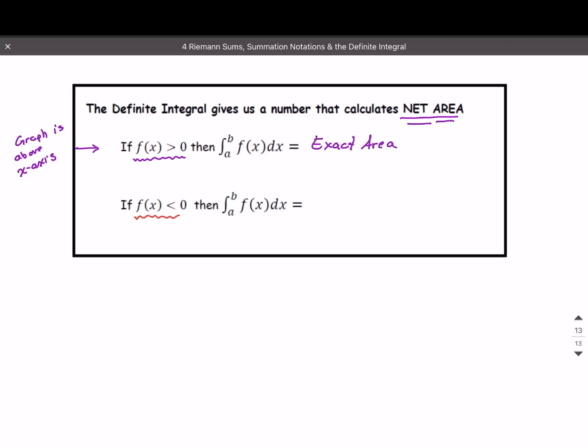However, if f of x is less than 0, which means that the graph is below the x-axis, then the integral from a to b of f of x dx will give us the negation of the exact area. And then if we have a function that is both positive and negative, we're going to have to break up the integral into regions where the area is positive, regions where the area is going to be negative, so that we can compute